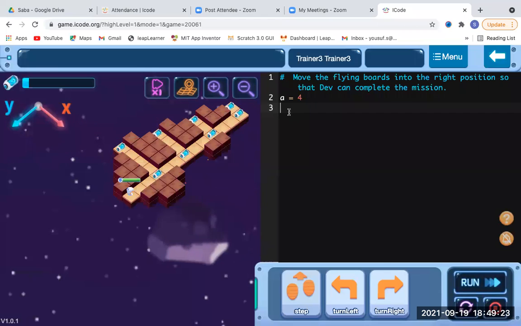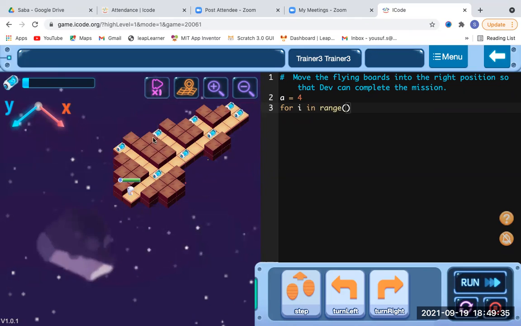Now for I in range, the number of items 1 2 3 4 based upon the complete movement part. That's why again 4 we have to take, and then a colon.